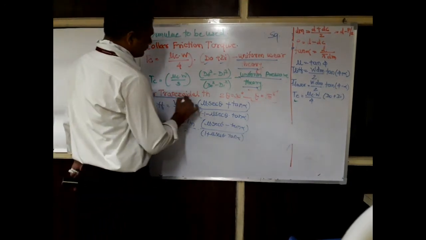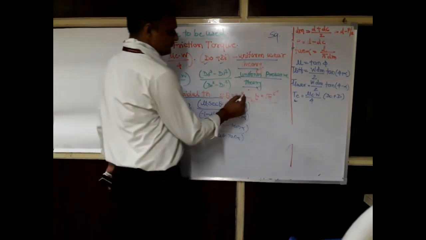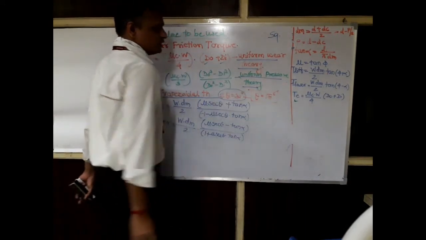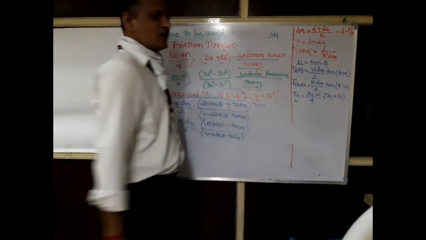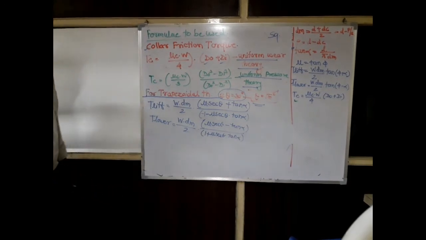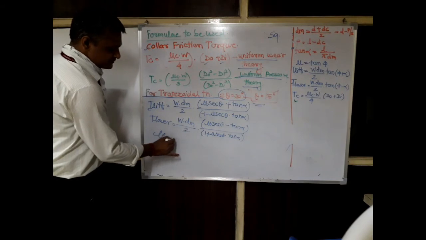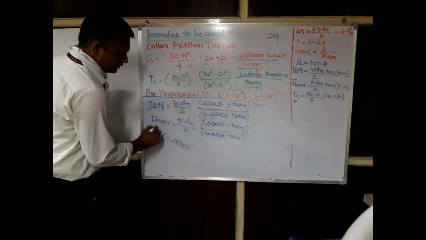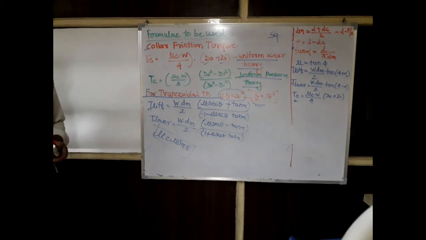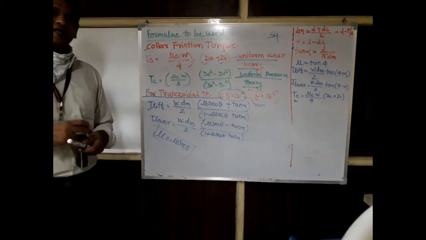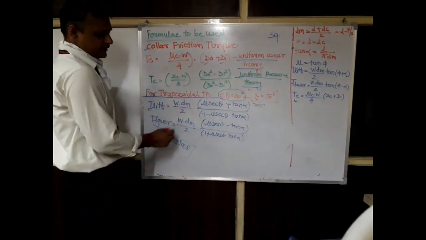Then all these formulae will be modified for the trapezoidal thread. Now what is this trapezoidal thread? If the included angle, 2 theta, is equal to 30 degrees, then the semi-included angle will be equal to 15 degrees. Then for T lift, the simple thing is that mu is replaced by mu sec theta. If mu is replaced by mu sec theta, then all the formulae of the square thread can be used for the trapezoidal thread. Therefore T lift will be equal to W into DM divided by 2 into mu sec